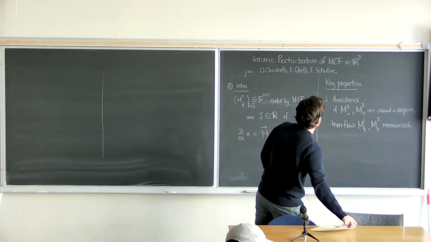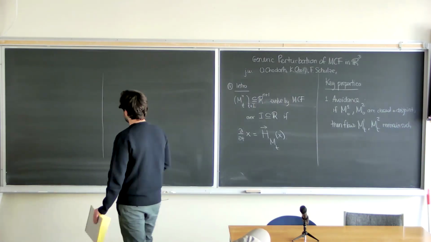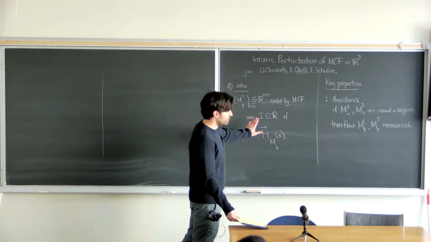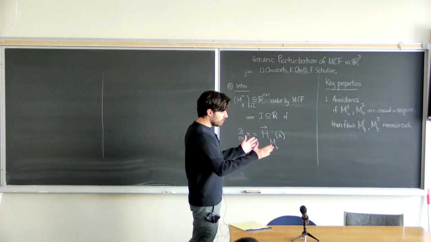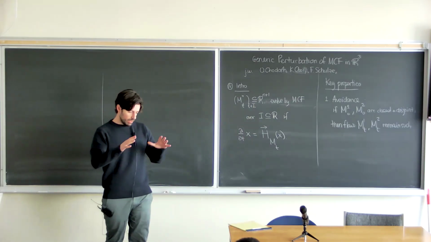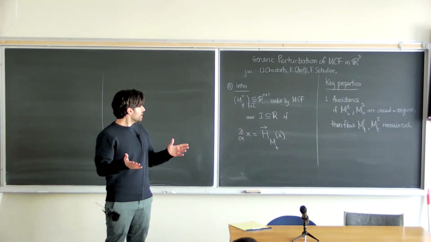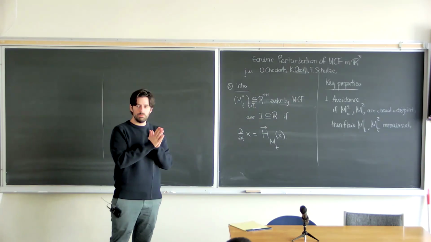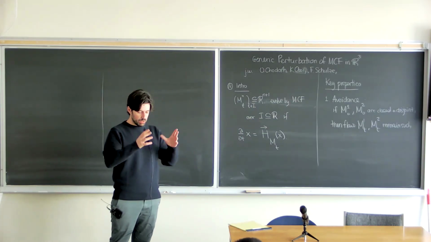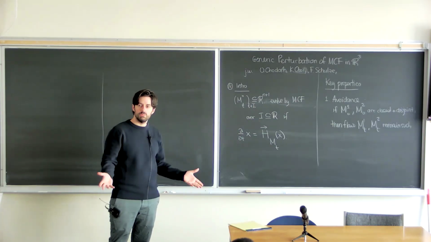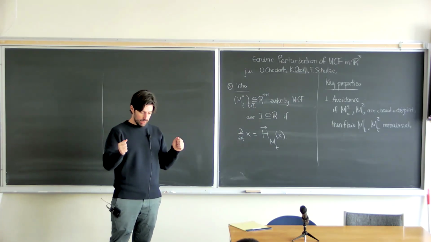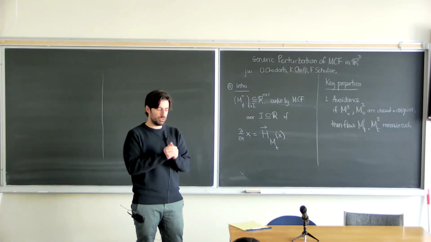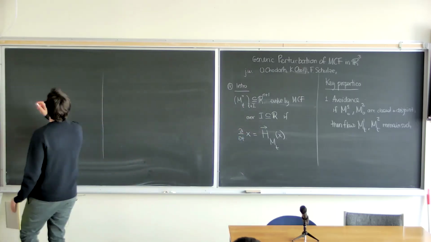Another property that you can see as coming as a straightforward consequence of this is that these flows develop singularities in finite time. In fact, they must develop singularities in finite time for a closed initial condition, because why? The easiest flow to consider is perhaps the mean curvature flow of a sphere, and you can check by reducing it to an ODE that it becomes singular in a certain amount of time. And so if you enclose your initial condition in a large sphere, then eventually you will have to become singular because the sphere will collapse to its center point. So this leads us to finite time singularities